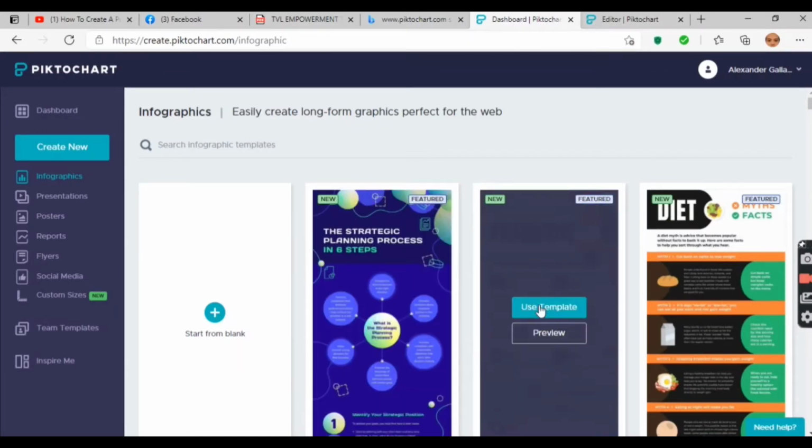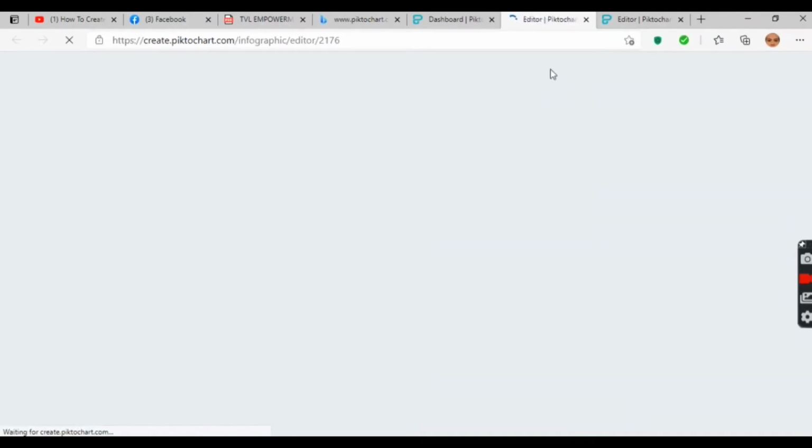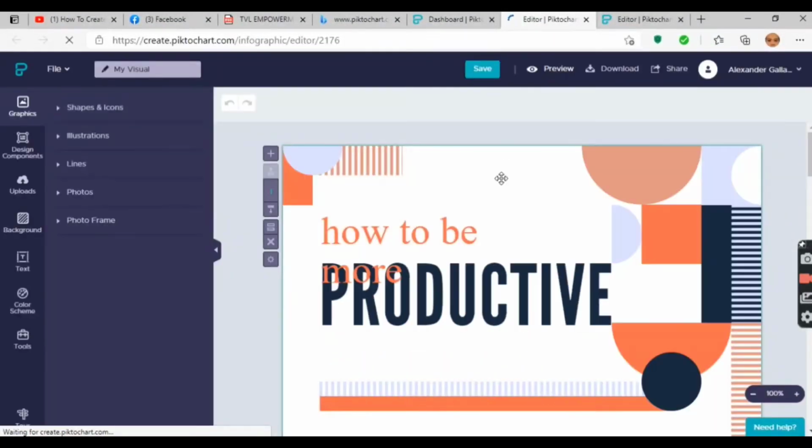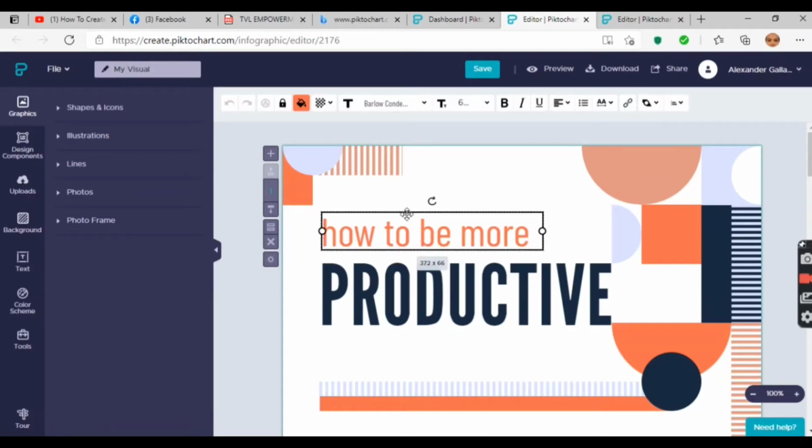Like for example, if you are going to use this template, if you want to change the title, you just have to double click, just double click and just say